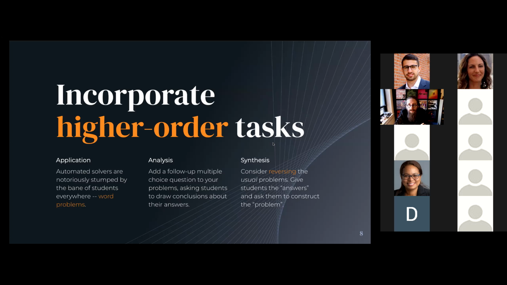So again, having an interview component is important for this. But you could also just incorporate WeBWorK, which does multiple choice questions, asking them to interpret or draw conclusions about what their answer means. What's the relevance of the answer that they came up with? Even though it is multiple choice and some students might guess, having that as one piece of a longer question